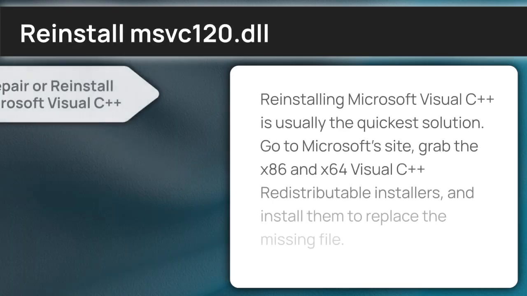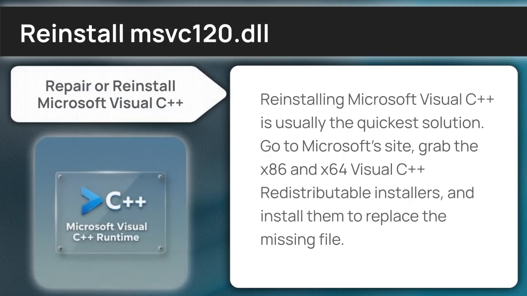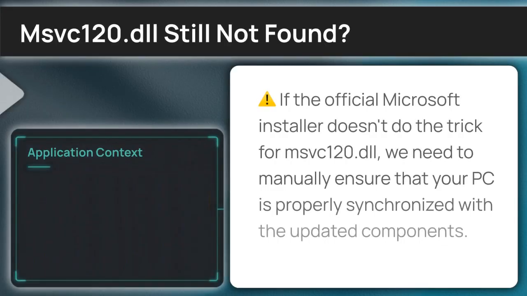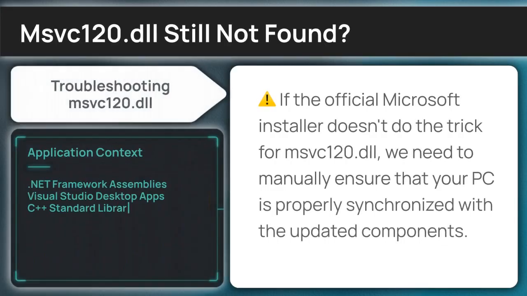Reinstalling Microsoft Visual C++ is usually the quickest solution. Go to Microsoft's site, grab the x86 and x64 Visual C++ redistributable installers, and install them to replace the missing file. If the error persists despite the new library files, we must verify if a simple synchronization conflict is preventing